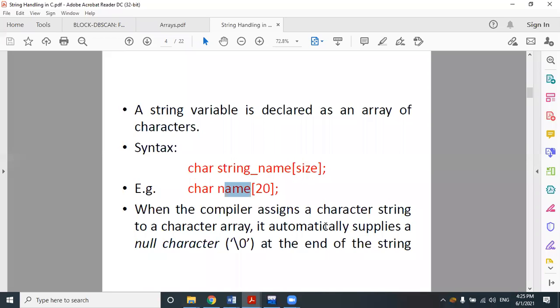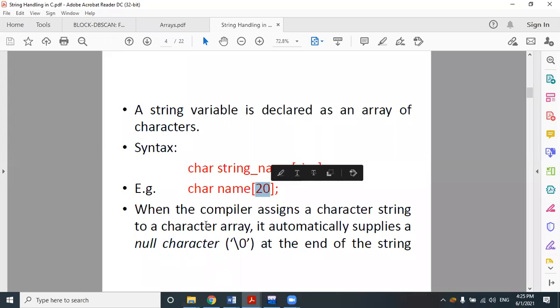Because in some cases, the people who stay in South India, the southern part of India, have bigger names, more than 20 characters. It is found natural in the case of southern people of India, right? So for those cases, we can use such a huge size of name character. This may be the name of a student, an employee, or any other kind, which can hold a maximum of 20 characters.